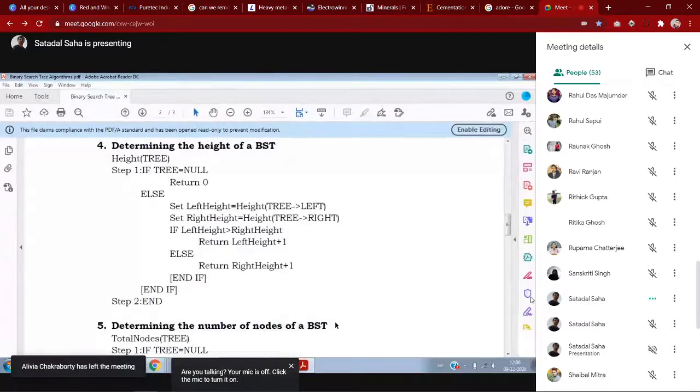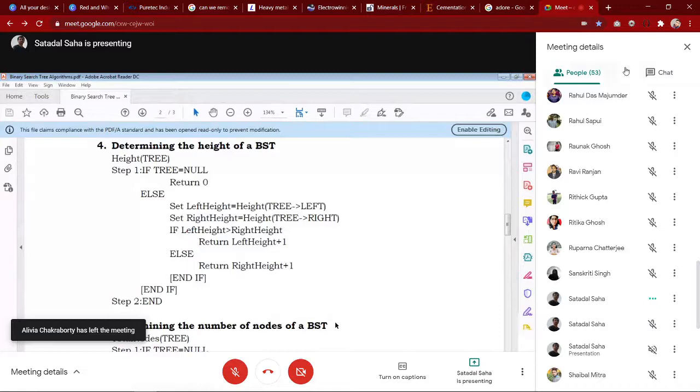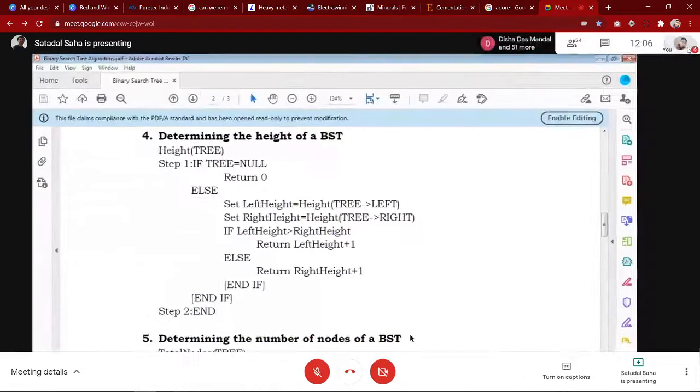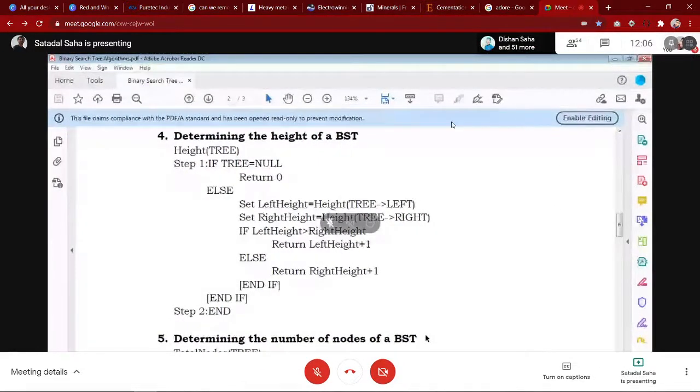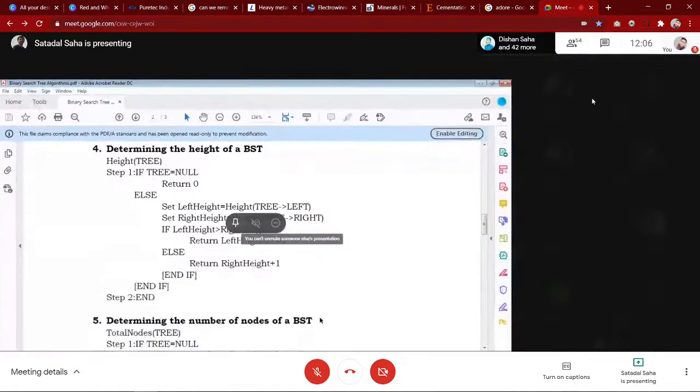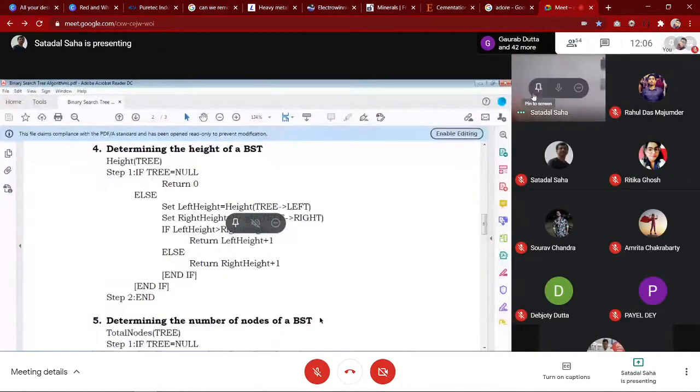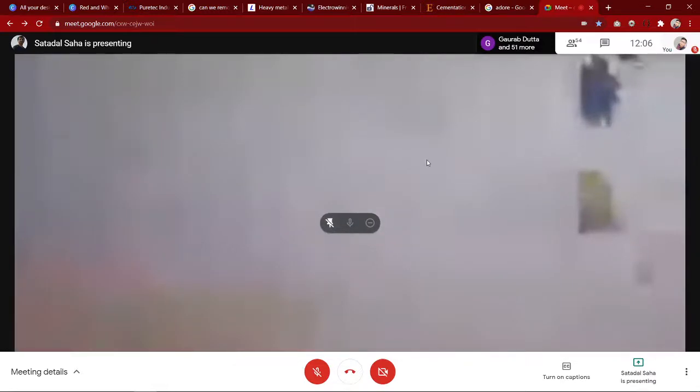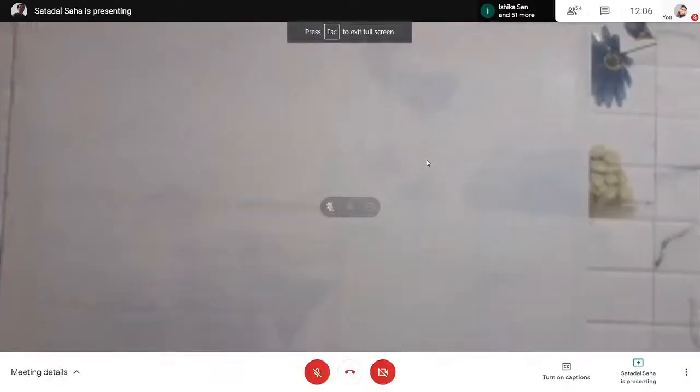A is greater than or equal to 1, yes. B is greater than 1, yes. K is greater than or equal to 0, yes. P is any real number, yes. Now you have to compare a and b power k. A is 4 and b power k is 2 power 2, which is 4, both are equal. So which condition is it? Second condition. Then you have to check the value of p. P value is 0, which means p is greater than -1, so this falls in condition 2a, right?